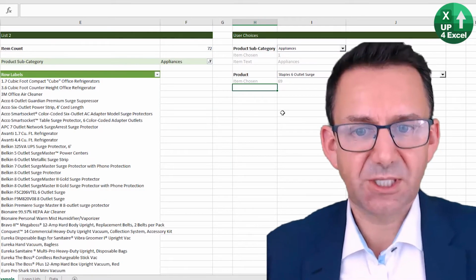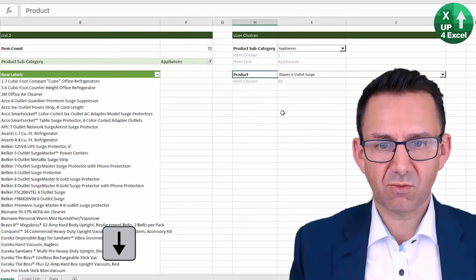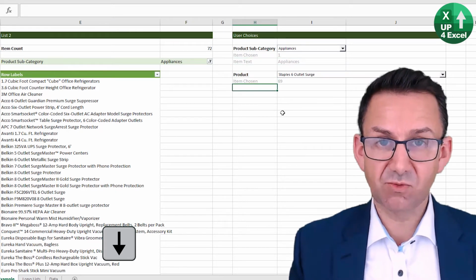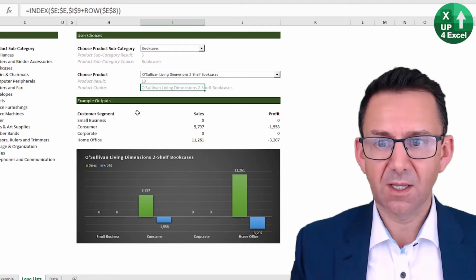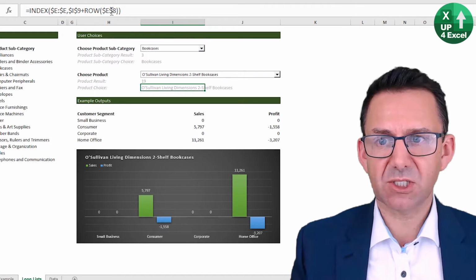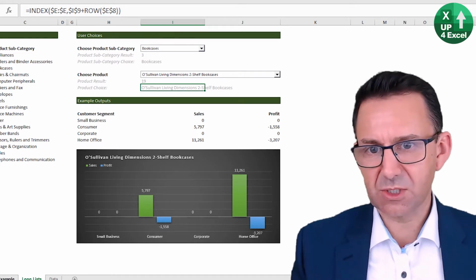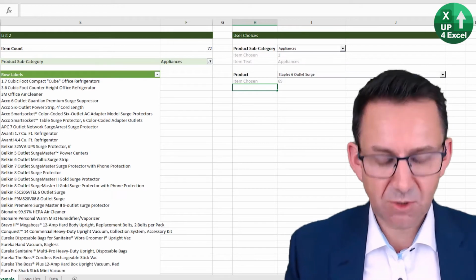Right, so next we need to bring up the item text. Now, we used an index plus row in the original, you'll see. If I just go to that, you can see using a formula index plus a start row. So I'll use that, but actually, I'll use that in a minute. But actually, you could do this